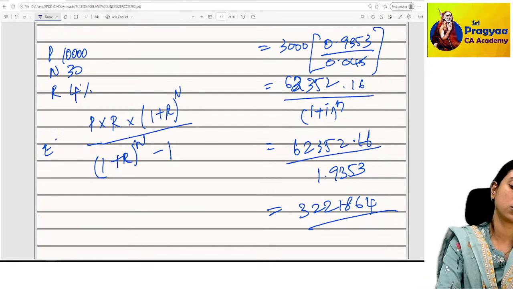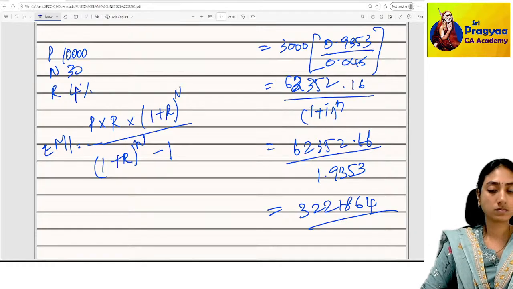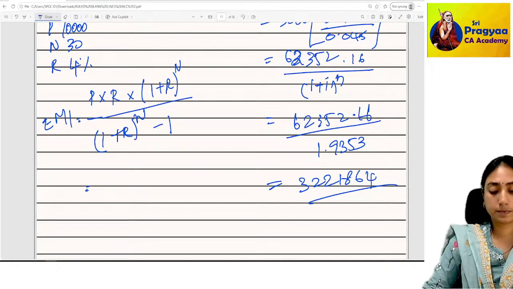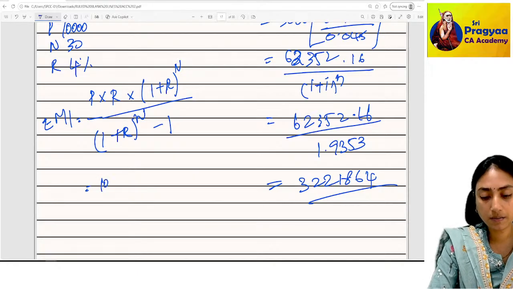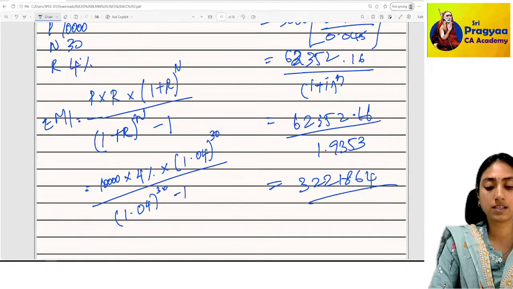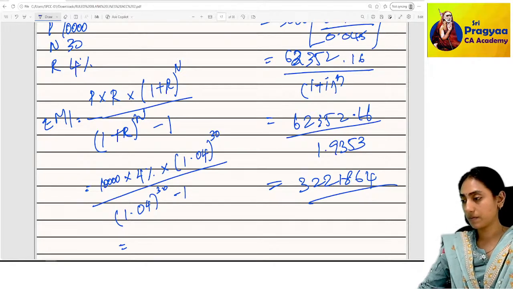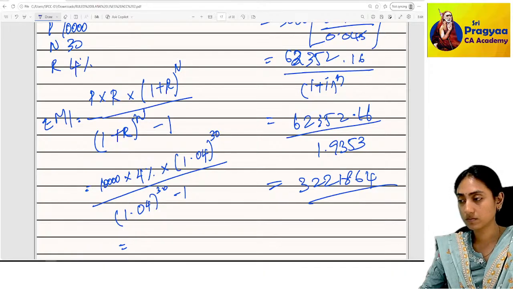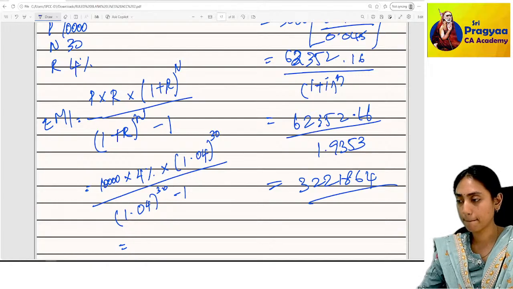This is the EMI calculation formula. So nothing but 10,000 into R is 4% into 1.04 raised to the power of 30 divided by 1.04 raised to the power of 30 minus 1. This is nothing but 10,000 into